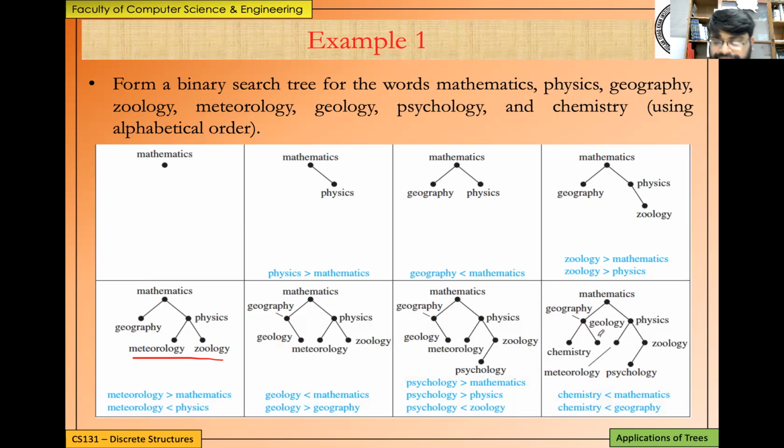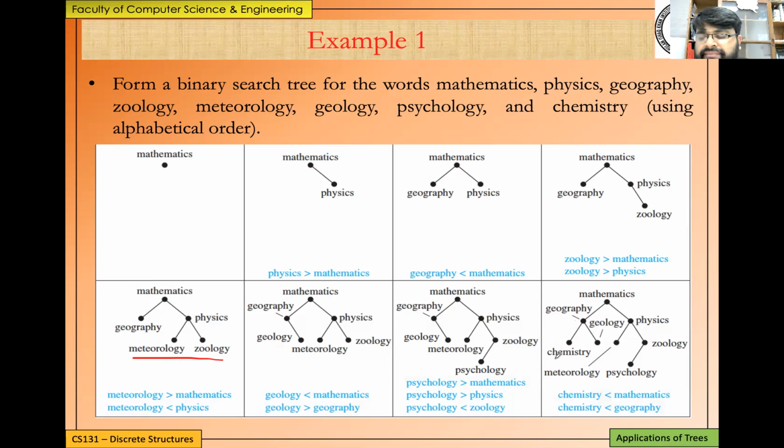So for example, if you want to find biology in this, the answer would be: biology is less than mathematics, so go to the left side. Biology is less than geography, go to the left side. Biology is less than chemistry, go to the left side. But here again, we cannot find